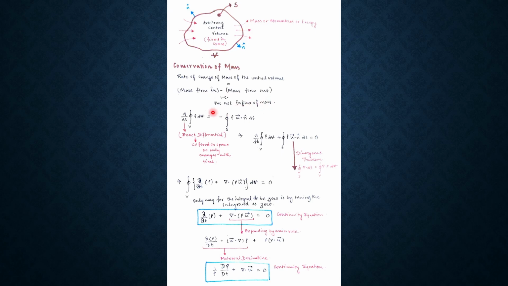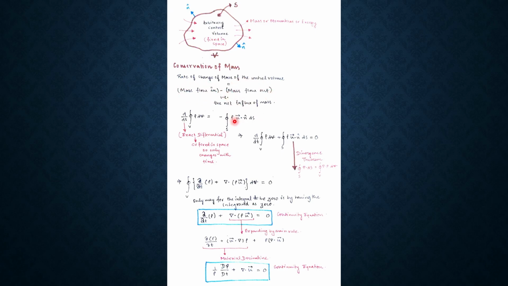And representing it quantitatively, rho dV, a volume integral over the whole volume. And the time derivative of it, that is the rate of change of mass of the control volume, is equal to the integral of rho u dot n dS. Now this u dot n dS into rho successfully encompasses both the influx as well as the